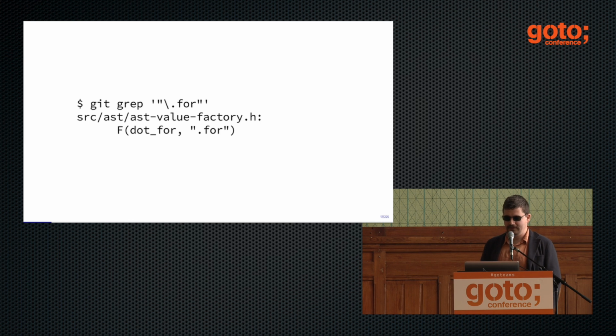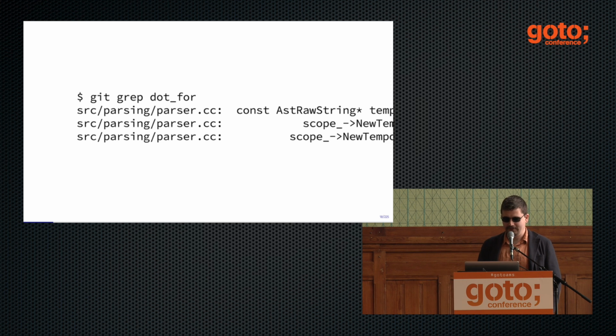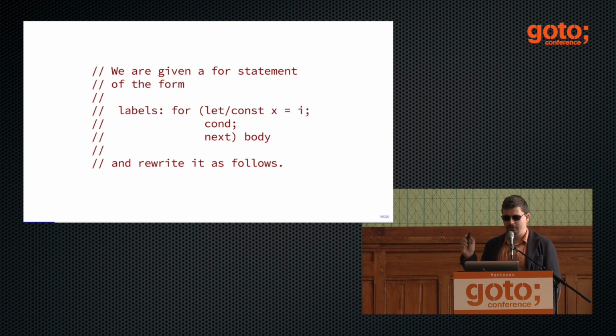And there is this thing called ._4, and you say, okay, maybe I should grep for that now. And you grep for that, and you find the code in the parser, and it doesn't really matter what the code is. It's just enough to know that it's in the parser. Then you start reading the code around these places where it mentions ._4, and you immediately find a helpful comment. So the V8 sources are relatively well commented.